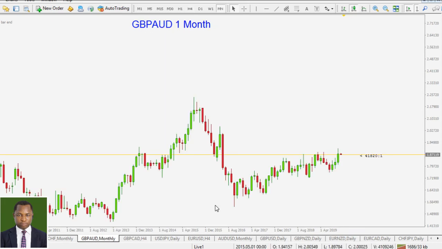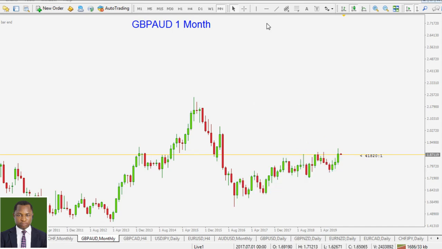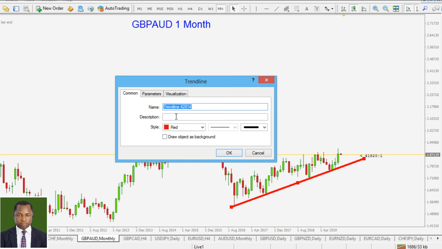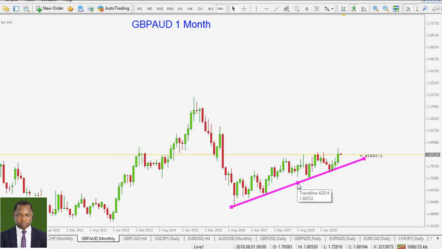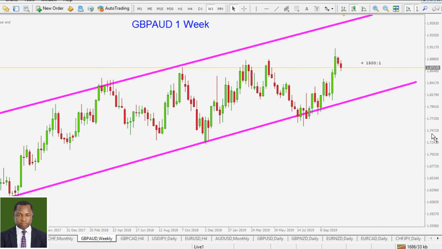All right, next pair, sterling pounds against the Australian dollar. This is the monthly time frame. What can you see? Well, what we can see here is that price has also remained within a sort of channel. Lots of hesitation. So we are just simply going to mark the lower boundary of that channel, change that color to pink, and the upper boundary of this channel. Okay, that's everything in the monthly time frame. If you were taking a trade here, unfortunately that was poor analysis, going short around that zone.